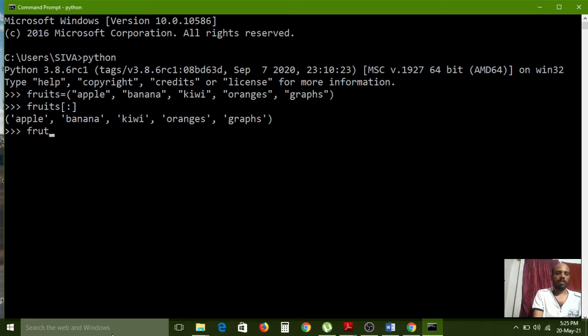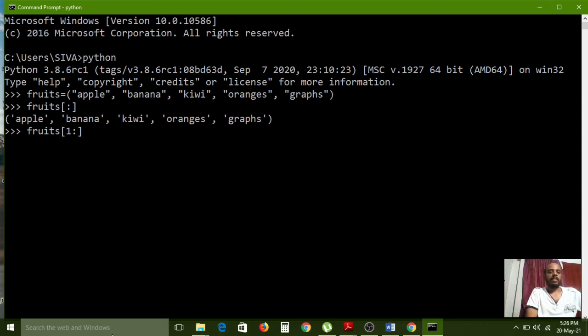I have used the fruits tuple, opening square bracket. After that, the start, index starts with 0. Now I would like to start here with 1. After that, colon symbol. So simply I am closing the square bracket.